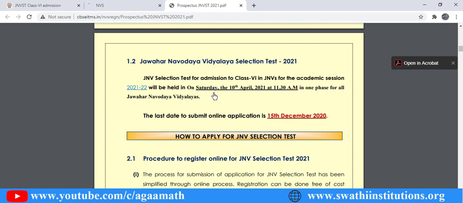It means the exam will be conducted on Saturday, the 10th April 2021, and the timing begins at 11:30. Okay, and more important to remember is the last date to submit the online application, which is 15th December 2020.